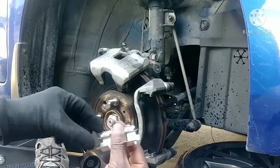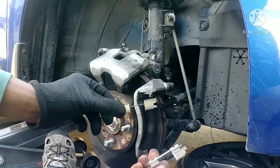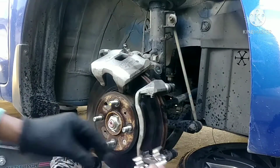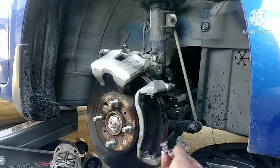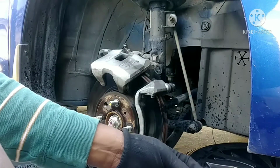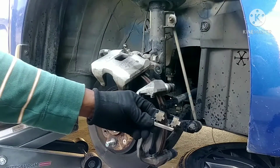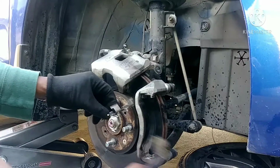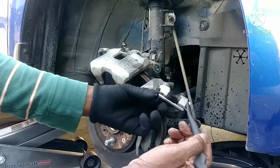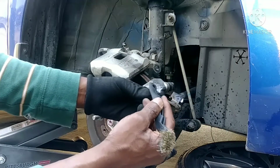All right, so these are the new hardware that come with the brake pad. So I had to pay a little bit extra. Okay, so you can't get these wrong. That's how they go, like this, and the other one like this. So here's what I normally do, to avoid the possibility of squeaking noise and stuff. And you see it's metal to metal. I put a little bit of grease, just to soften it up,